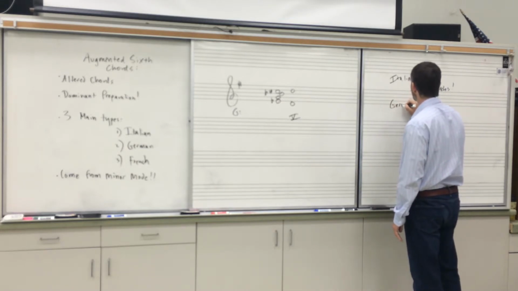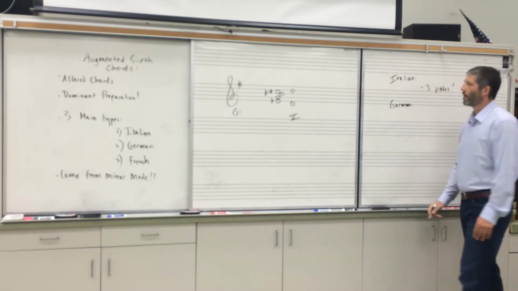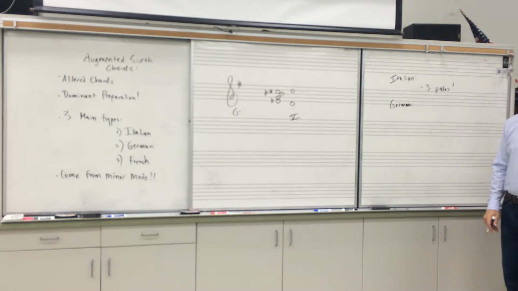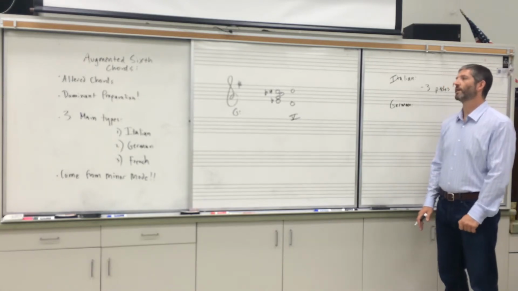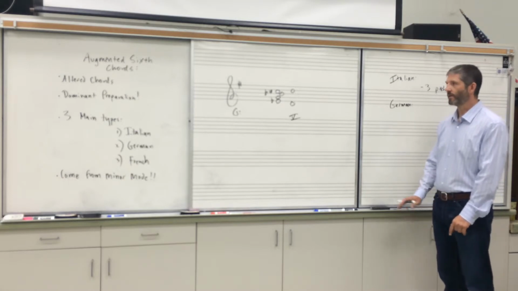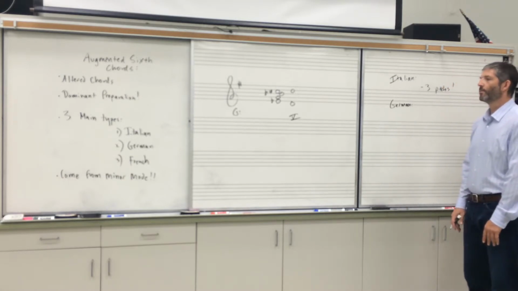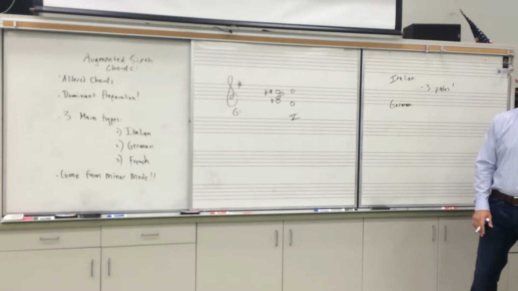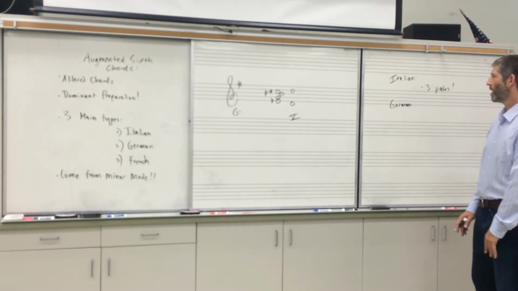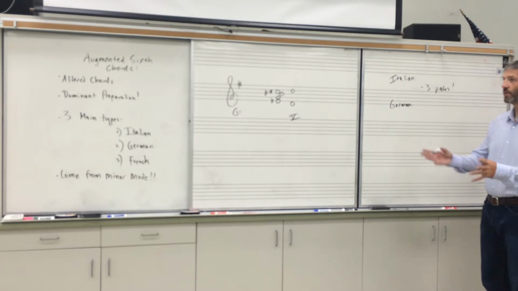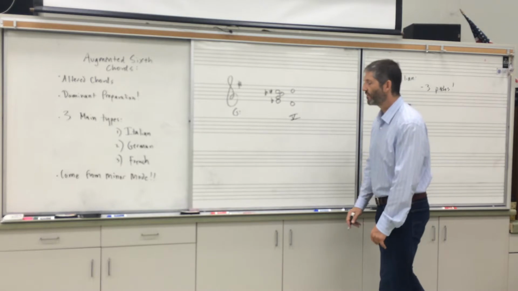Okay? Now the German, of all the augmented sixth chords, the German is the one that is the most far-reaching and interesting in the way that it is used. And as I said, these chords do appear in classical era practice. They appear in Haydn and Mozart all over the place. But it is in the 19th century, in the music of Schubert and Chopin and Brahms and Schumann, that these chords really take off, and the German is the one that is used most extensively in interesting ways,